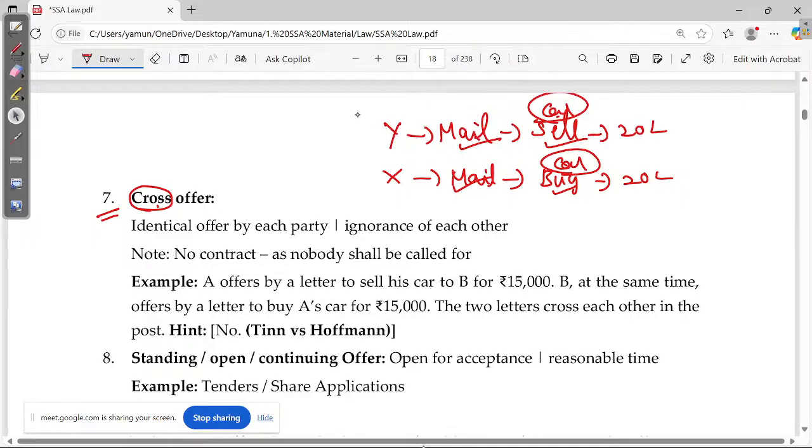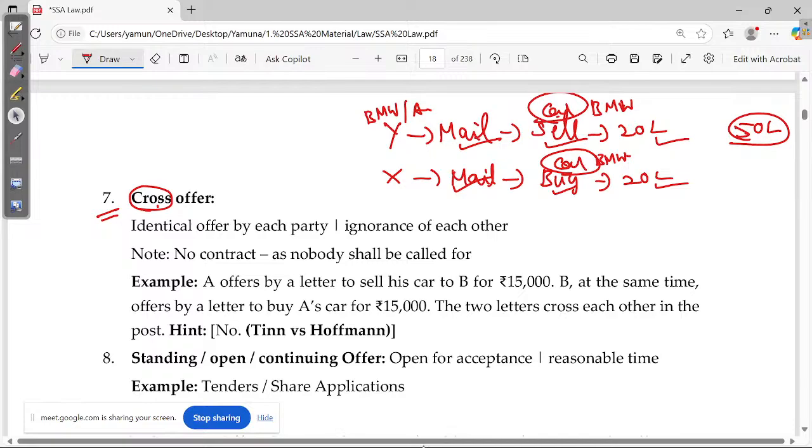In case I have two cars, two brands, one BMW and one Audi. You are asking for the BMW, and I'm also willing to sell the BMW. See, what a coincidence. Say for 20 lakhs. It's a 1 crore rupees worth car, and I could sell it for 50 lakhs, but because I'm selling to X, I'm selling it for 20 lakhs, and you are asking me the same 20 lakhs. In this case, it looks so beautiful. There is a good wavelength between X and Y. But what law says is that it cannot be a contract.